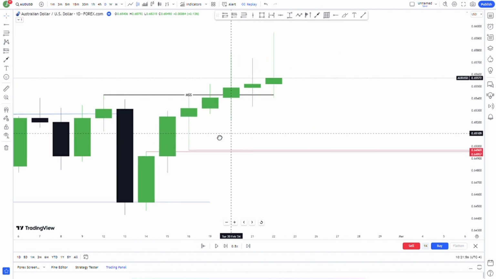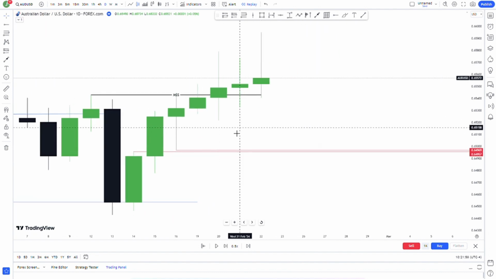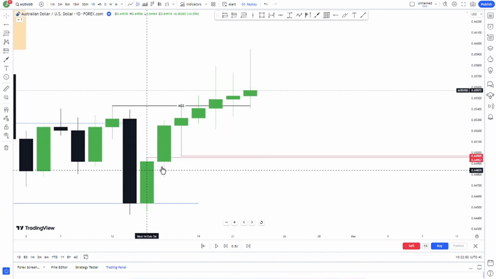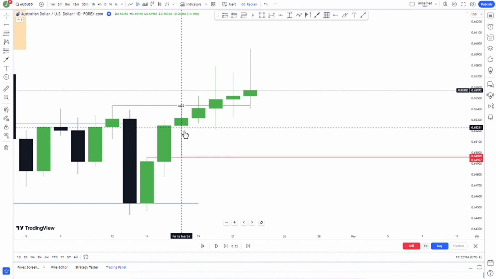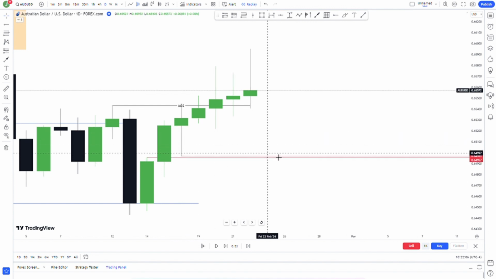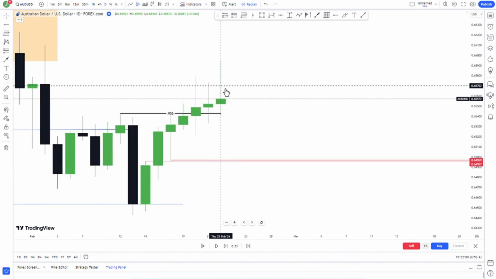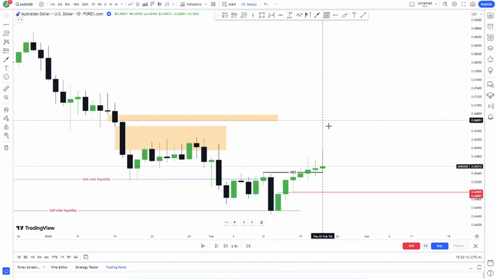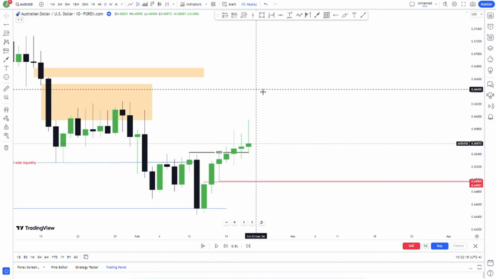It doesn't really matter whether the fair value gap is huge or small. What matters is that we have a gap between this candlestick and this candlestick. Therefore we have a fair value gap which we anticipate that the market would trade into and then reverse to then buy from this particular level. If we let the market play out,